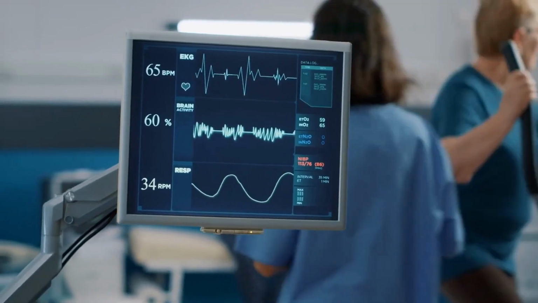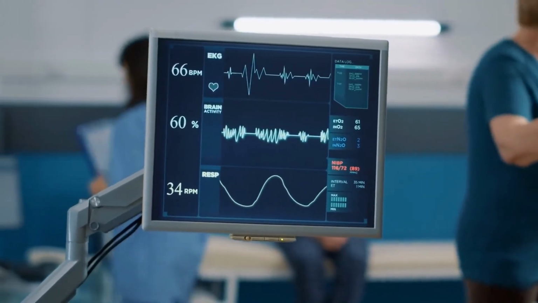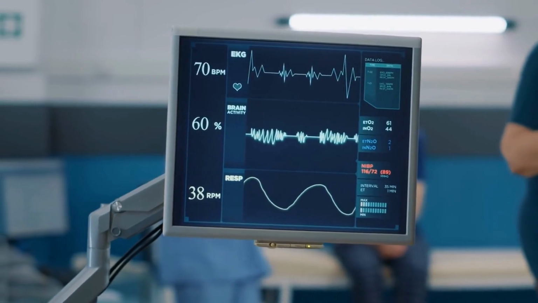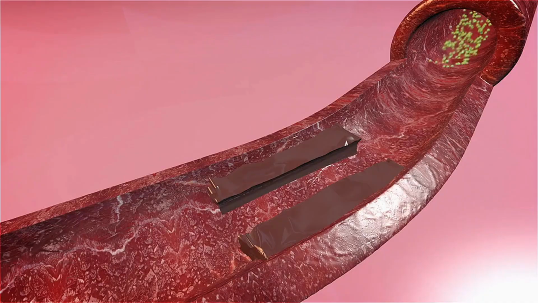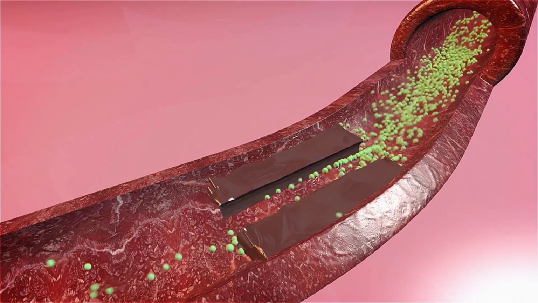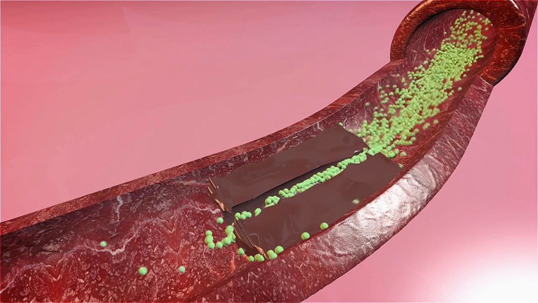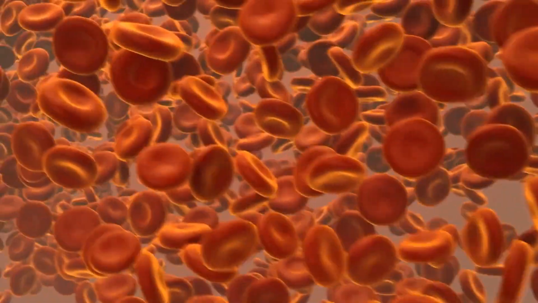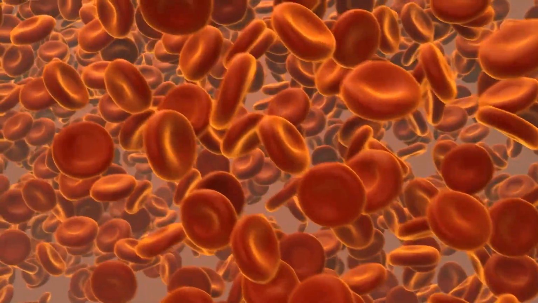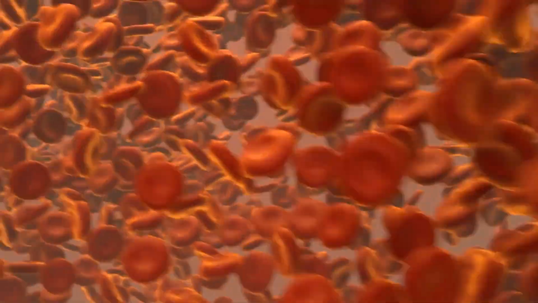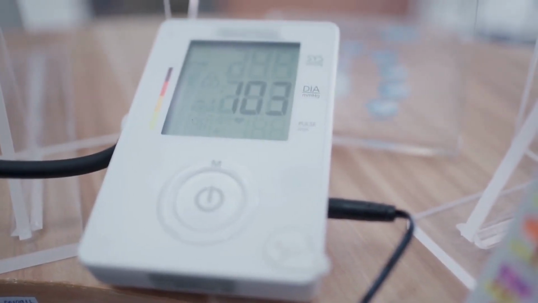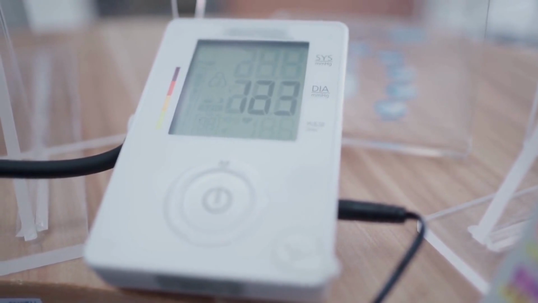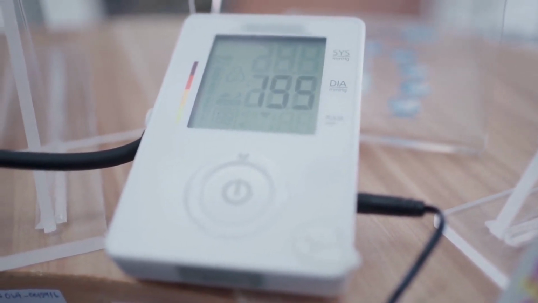Ischemic heart disease occurs when the arteries that supply blood to the heart become narrowed or blocked, reducing blood flow to the heart muscle. This can lead to chest pain or discomfort, shortness of breath, and other symptoms. The most common cause is the buildup of fatty deposits, called plaques, in the arteries. These plaques can eventually rupture, leading to the formation of blood clots that can completely block blood flow to the heart. Risk factors for ischemic heart disease include high blood pressure, high cholesterol, smoking, obesity, diabetes, and a family history